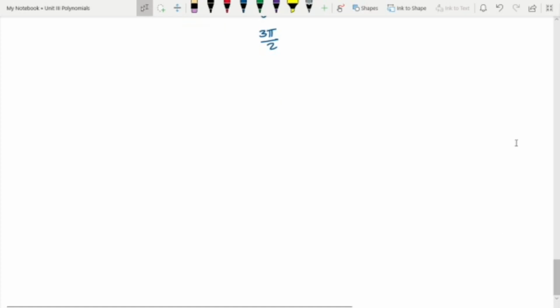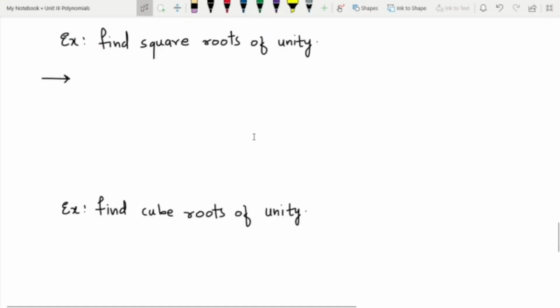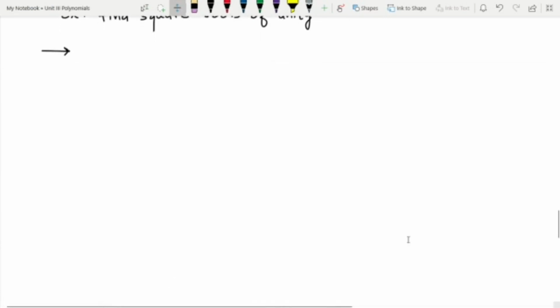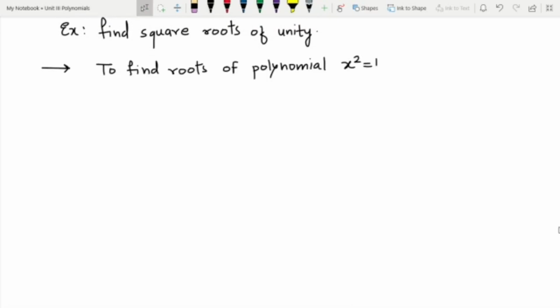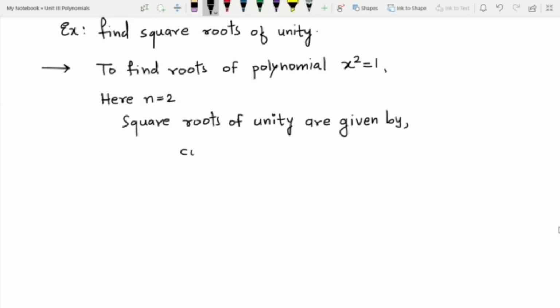Now let us move towards the example. So the example is find square roots of unity. So finding square roots of unity is nothing but what? Finding the roots of the polynomial x square is equal to 1. So here our value of n is nothing but 2. So I'll say square roots of unity are given by